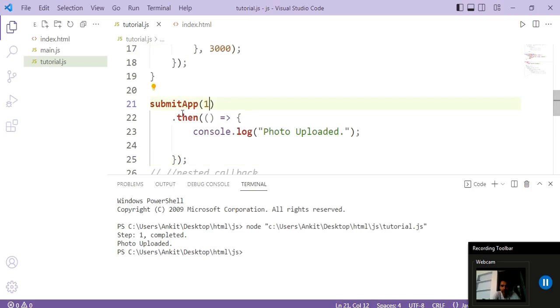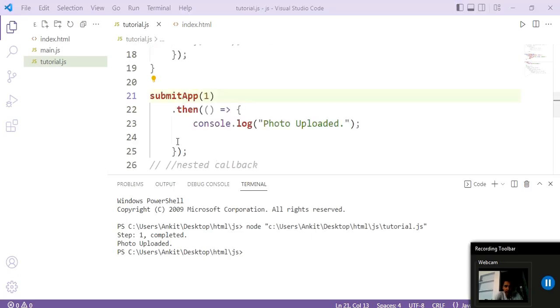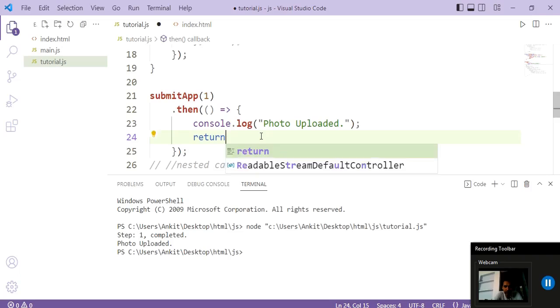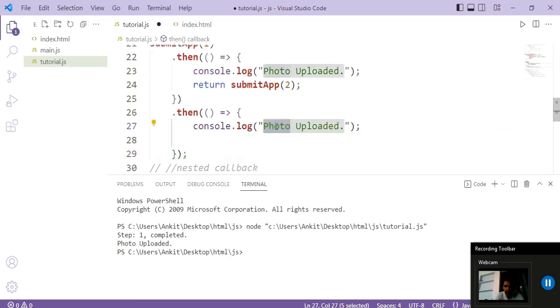As you can see, we have a lot of nesting here, but in this you simply call your function and use the dot then method to handle the resolve state. Now if we have to do the rest of these steps, we can simply copy this, and here in the then method we will return our submit app 2. Paste the code here, dot then, and instead of photo uploaded write resume uploaded.